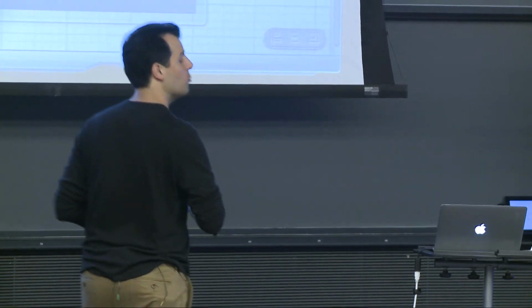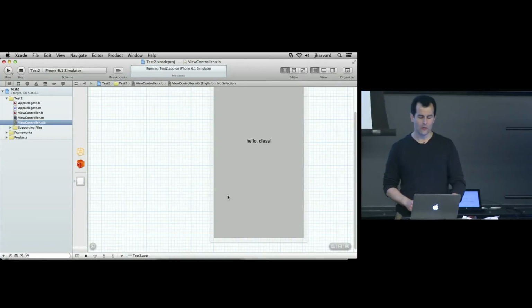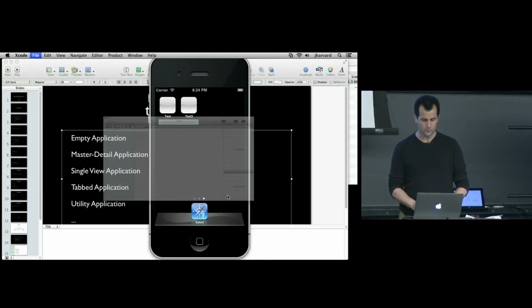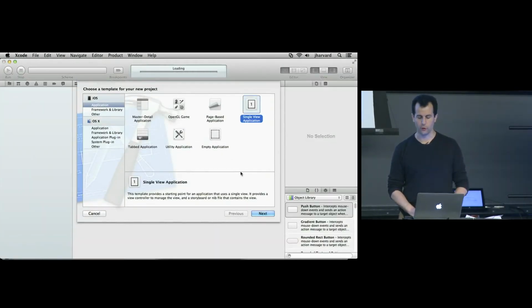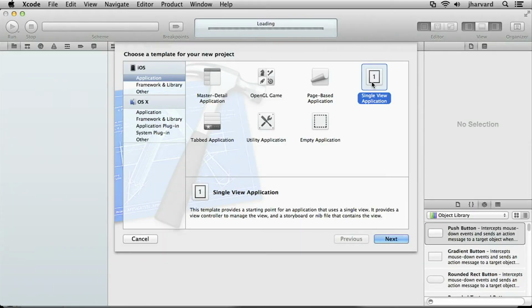So let's start to make something more interesting, a little more from scratch, that allows me to interact with the application itself. So I'm going to go ahead and close that one, create a new project, so not a new file, a new project, single view application, and this is generally where I'm going to start now, because with single view application, as you saw, we get a view controller and the nib file and the header file, and we get some additional wiring in the code, but I could absolutely have recreated that simple little hello class program by starting with an empty application